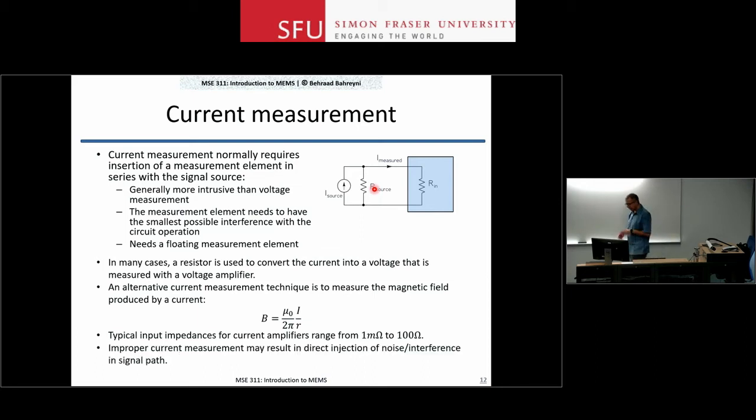And this is a note that we already talked about, that when you're doing a current measurement, because you're inserting a test instrument or test component into your circuit path, signal path, you may be injecting noise and interference in there. So it has to be done carefully. Now, how do we measure this current? With the voltage measurement circuit, it was easy. That's something we've seen so far in our, let's say, electronic courses, that